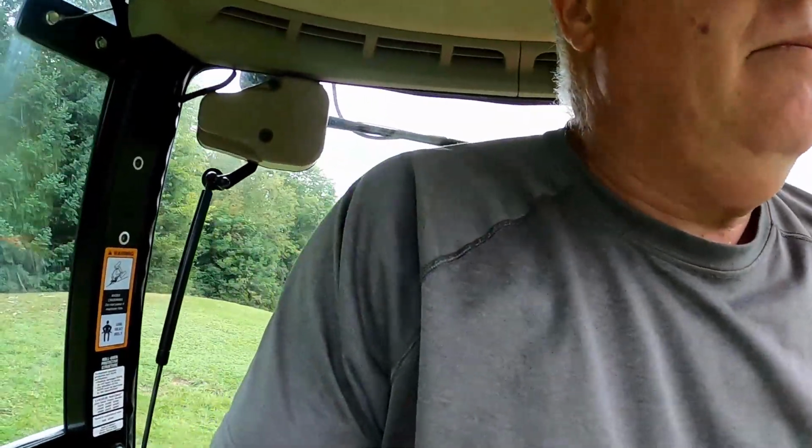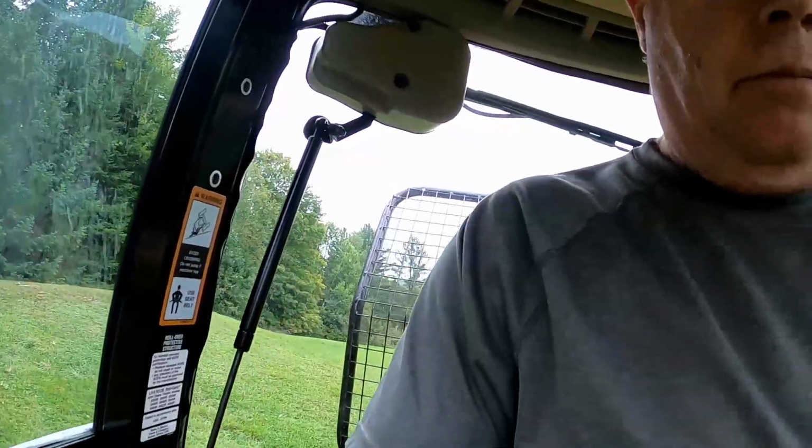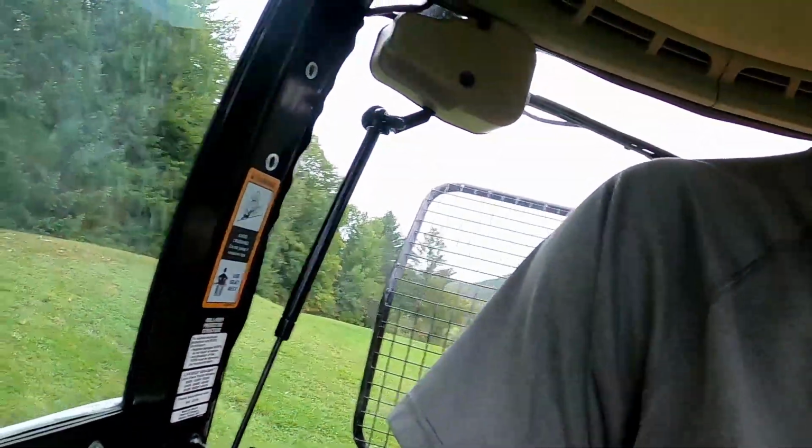Pretty precious. Run over a camera with a tractor. Looks like we're still working. Pull the sod out. Well, that's a first. I ran over my camera with the tractor. Hope the footage came out to see what happened. So, I'm just gonna pick up what's left of this here, and I'll take you up and you can see what I got out of that one tree. And we're gonna call it a day. My wife probably has dinner ready for me already, and